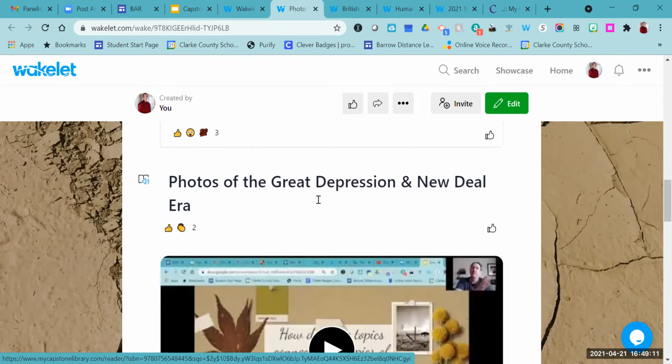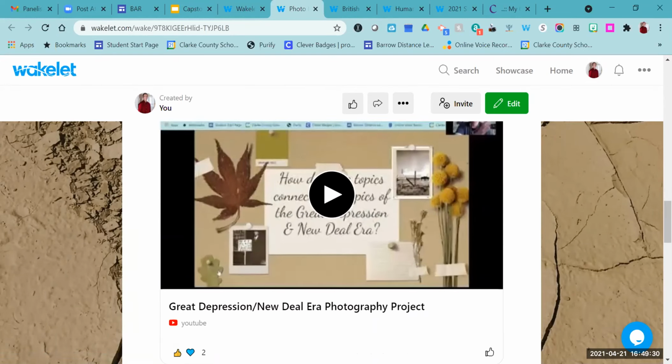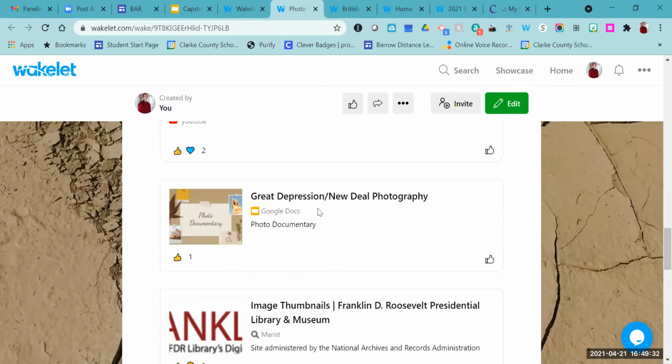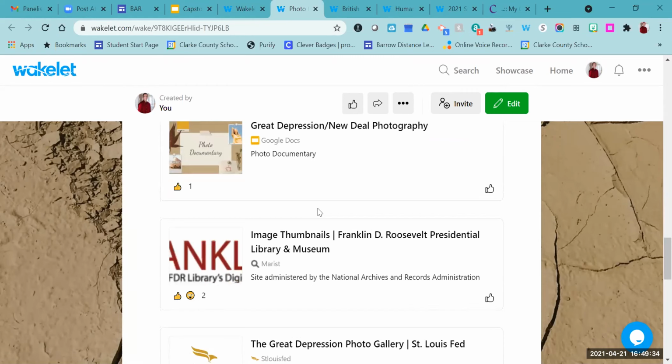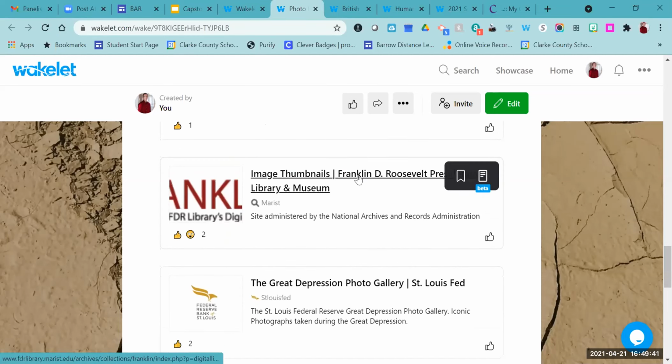But what they ended up doing in this project was thinking about how a photograph could capture a moment in time and tell us something about the history of that time. And they also thought about what a photograph can't tell us. What other information do we need about that picture? So after that, I gave them links to several resources of photographs from the Great Depression. And then I also gave them some websites